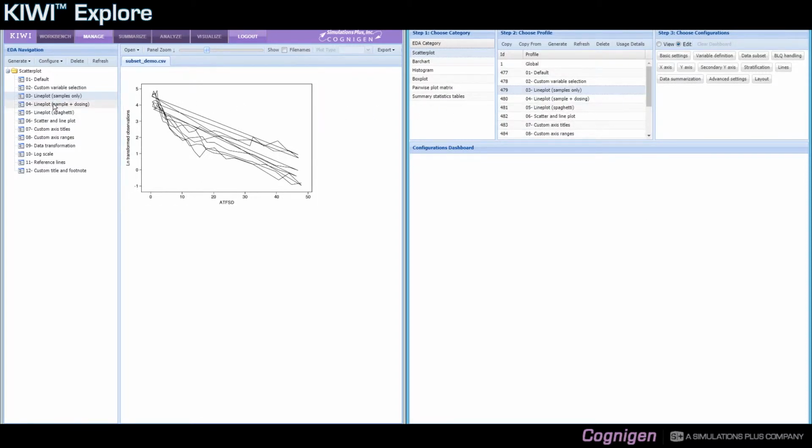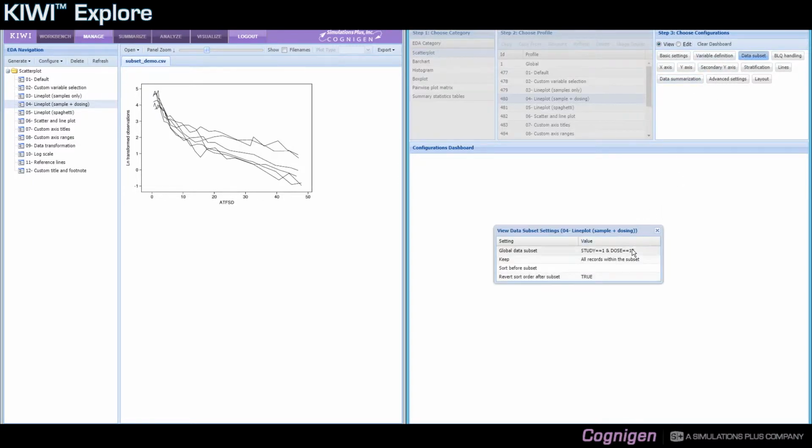If I switch to the next profile, you can see that there is a little difference between this plot and the previous one. You don't see those artifacts. The reason is that in this particular profile, I have not subsetted to the samples. I kept all the records from study 1 and dose 10,